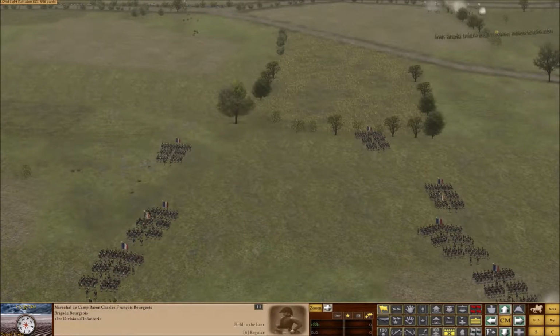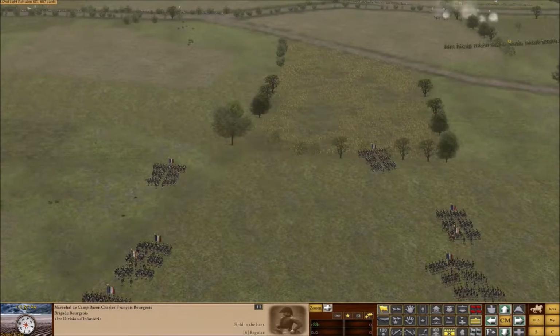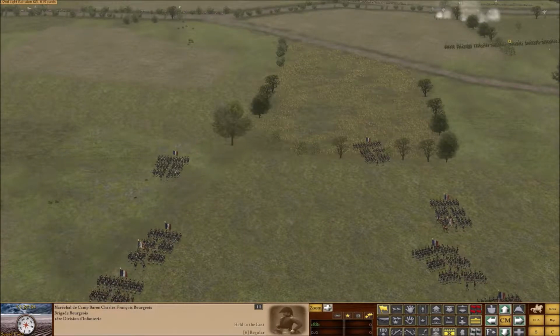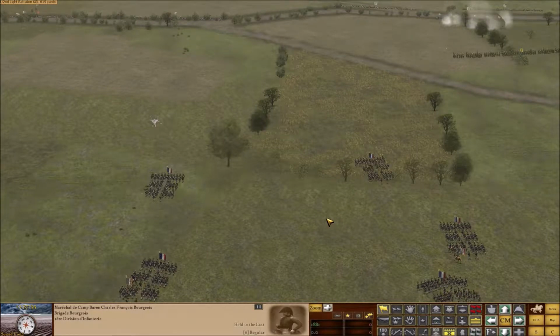The only difference in this scenario is that I decided to attack directly with the columns, after bombarding with artillery slightly, as opposed to moving up skirmishers like last time, as I found that it weakened the first wave too much. Anyway, we're moving up the columns in between the two brigades, just like last time, splitting Wellington's line